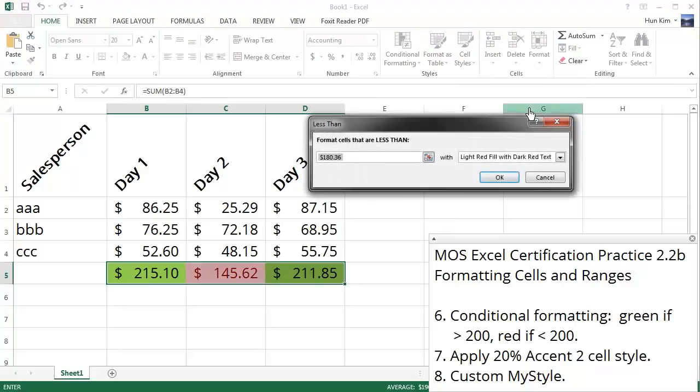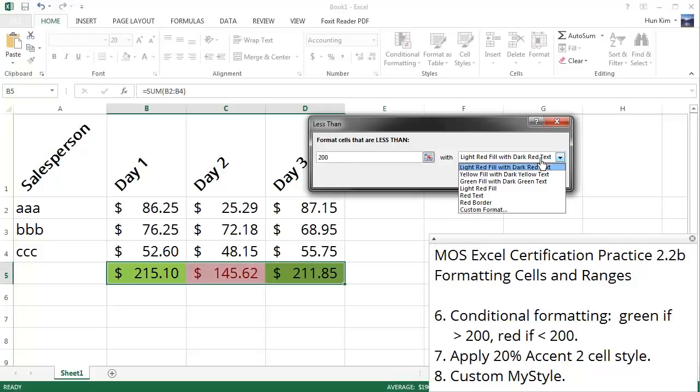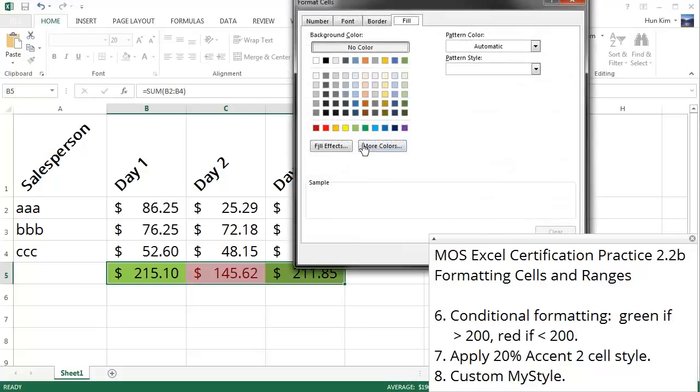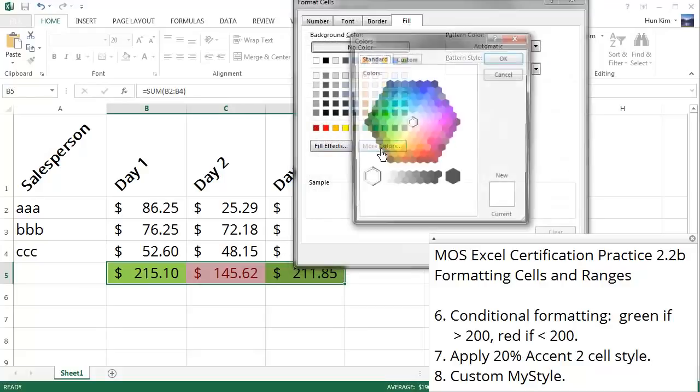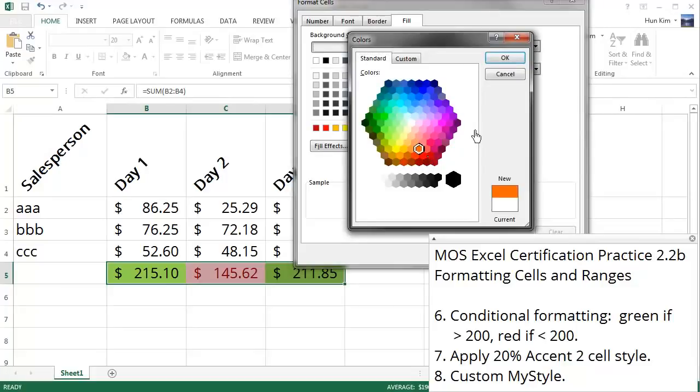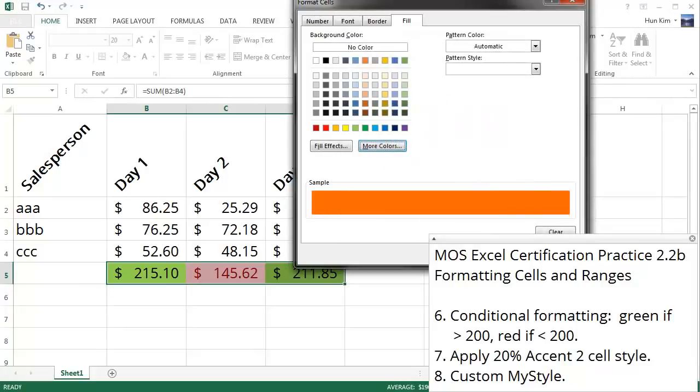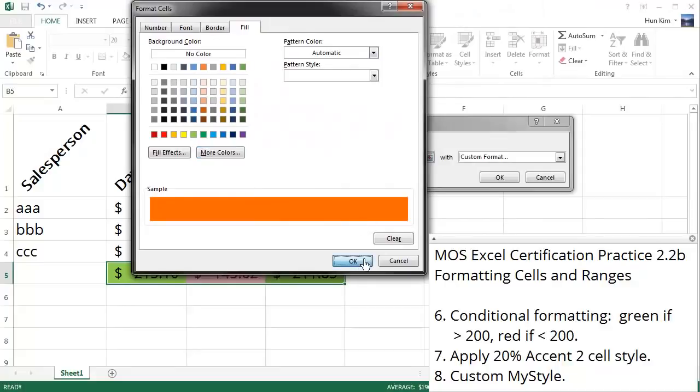If it's less than, okay, so red usually means danger. If it's less than 200, then let's be in trouble here. Let's go to custom format and change the color to red. So let's go to more colors, choose it slightly off red here, or orange, orangish red. Click OK,